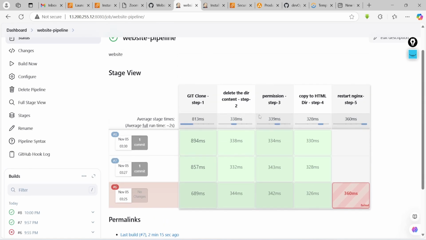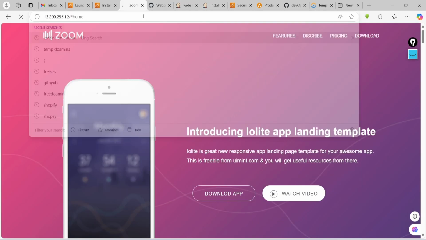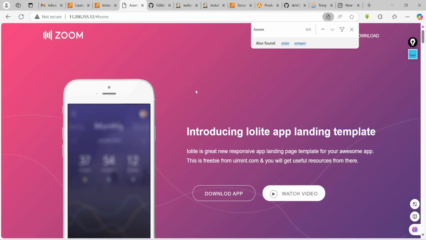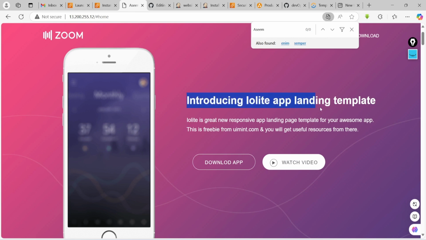Okay. So now the deployment is successful, but let me go and recheck the deployment. I mean, have the names been changed or not? Okay, fine. What we're doing, we are trying to change this here. Now the use case: as we see on our home page, we are finding that introducing low light app landing